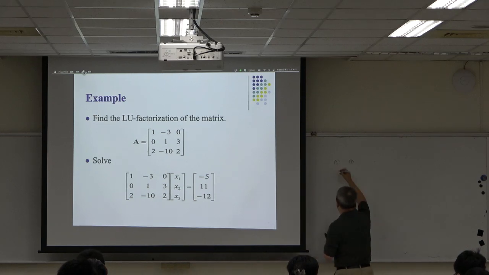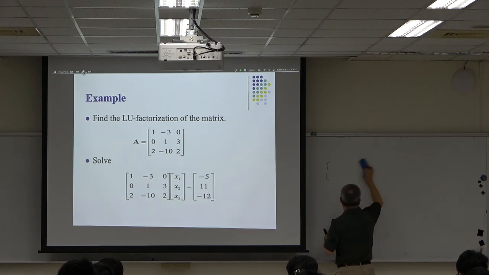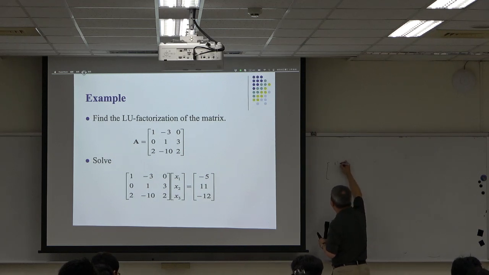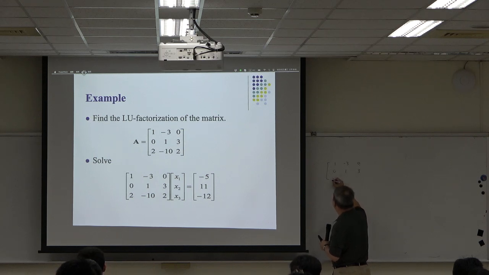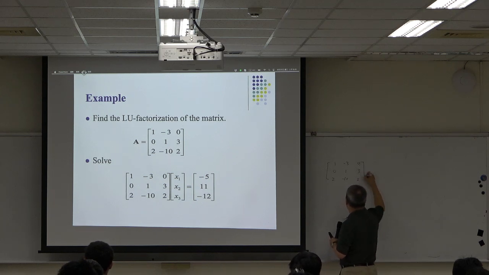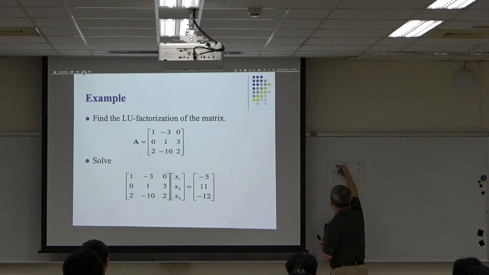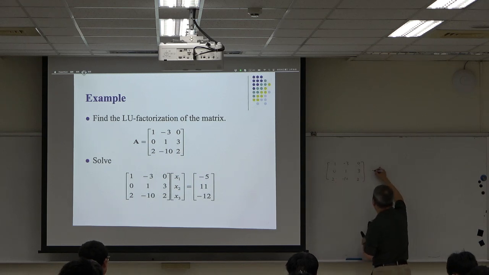So from here, if you want to eliminate this one, we have already done that before. So you multiply -2 and add to the third row. So you will get